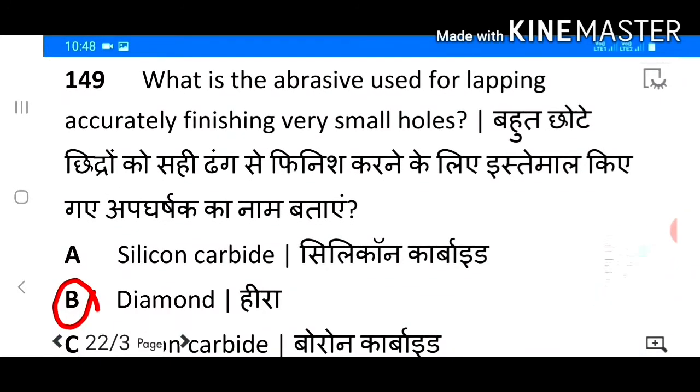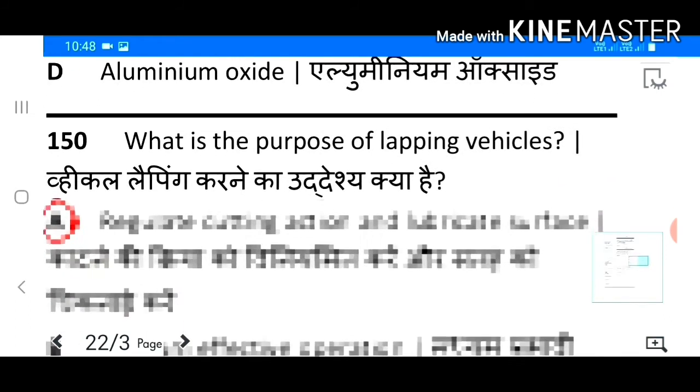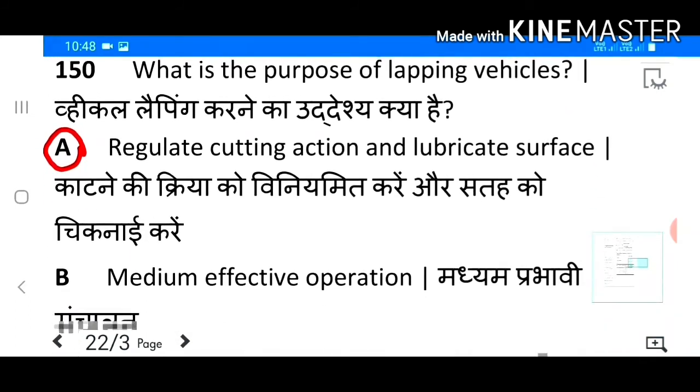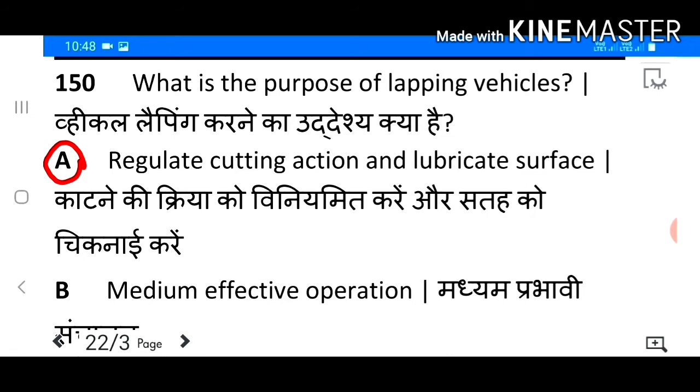149. What is the abrasive used for lapping accurately, finishing very small holes? Answer B. Diamond. 150. What is the purpose of lapping vehicles?